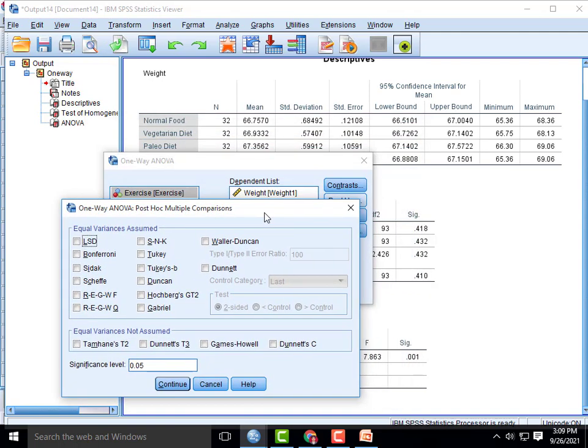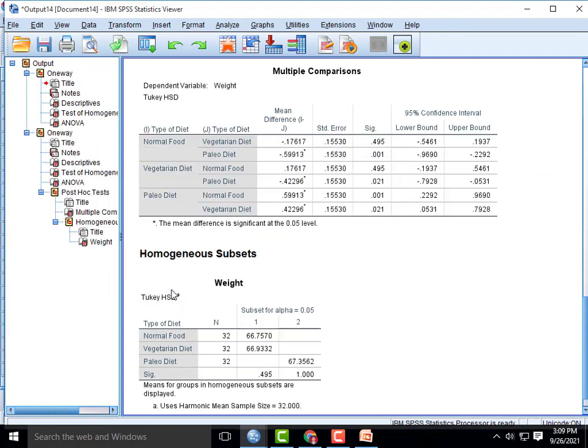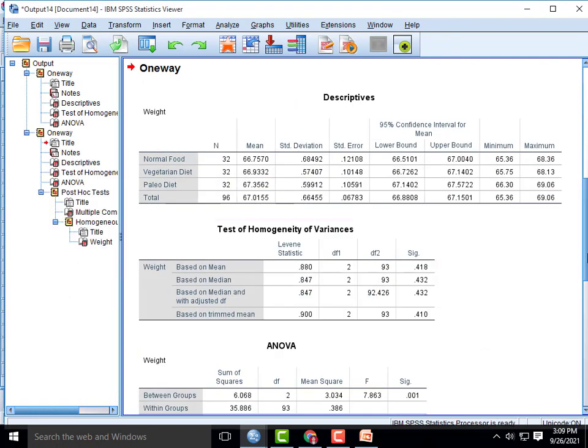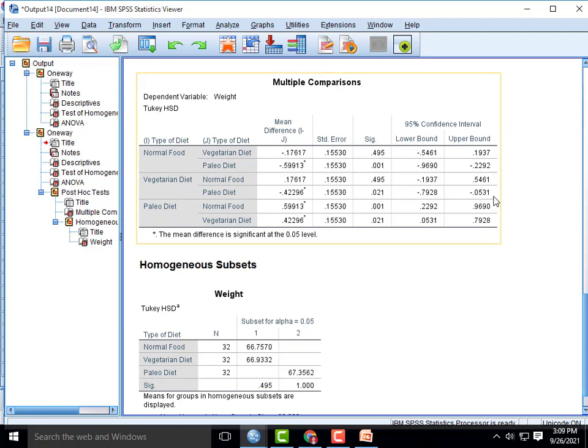In our case we have equal variances, so equal variances assumed. Just select the Tukey test, then Continue, then press OK. Here we have the multiple comparison post hoc tests.